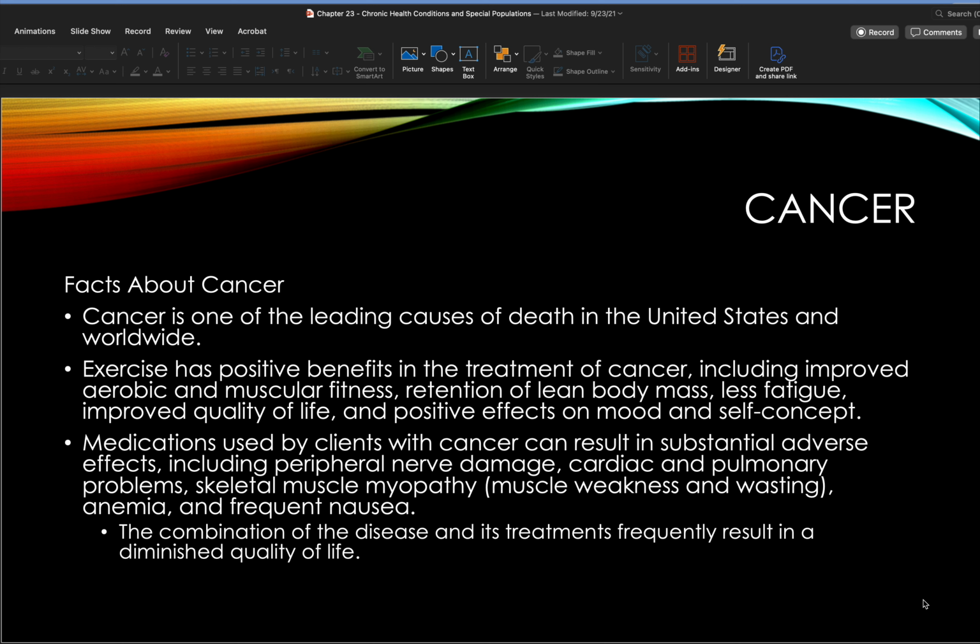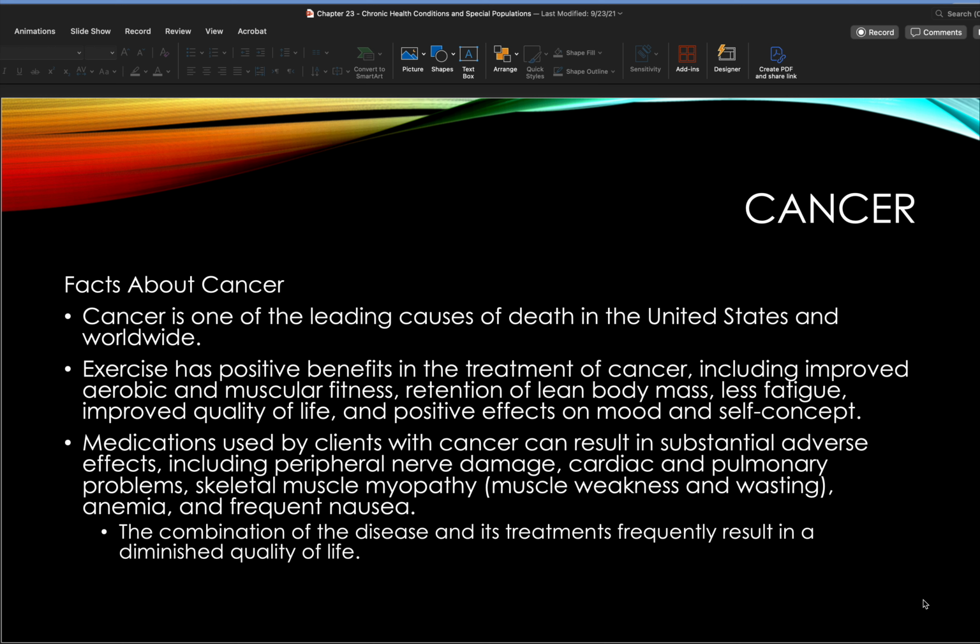Exercise has been shown to be a really good defender for those individuals going through treatment. So even though you're going through cancer treatments, and although these people are fatigued, the exercise itself can help with feeling less fatigued, because you're gaining more muscle mass. You're improving your endurance, and your life can improve because you're feeling better. But it doesn't mean